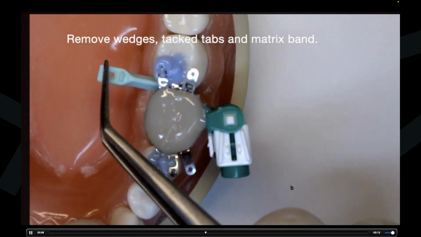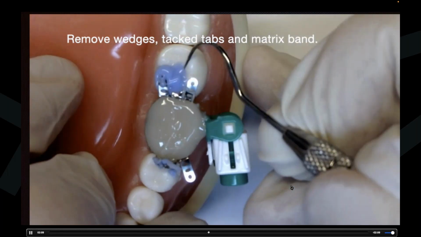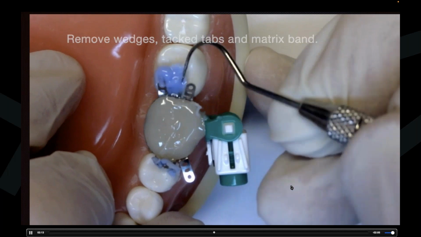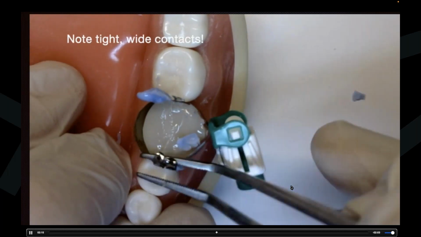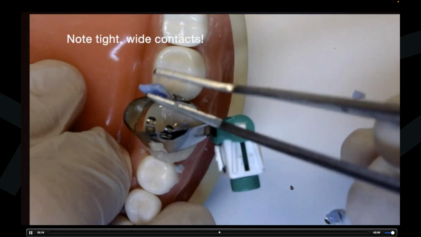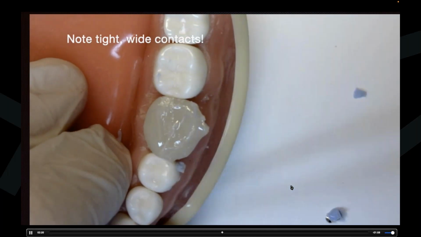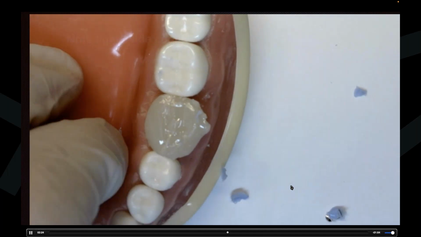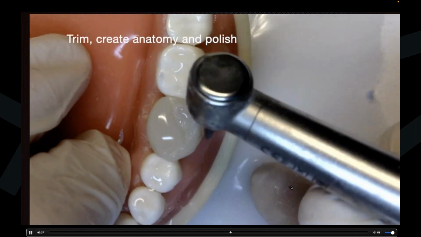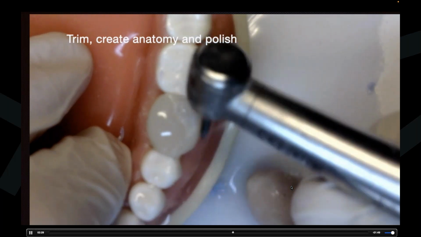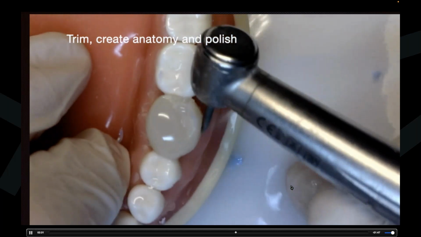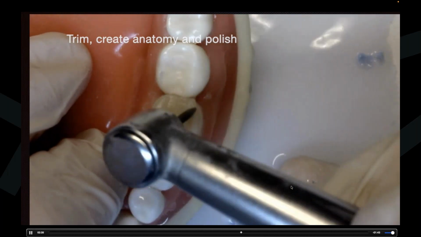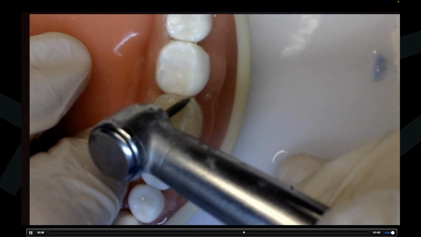So now he's removing the wedges. After 60 seconds, you can pull the wedges off. He's separating that barrier. That's a gingival barrier by SDI. We're going to use also material called Cool Dam or Dam Cool, and that's the same type of barrier gel, because it'll give you a nice temporary fix. He's got a little bit of adhesive on the mesial of 18, a little bit of adhesive on the distal of 20 that he attaches that to.